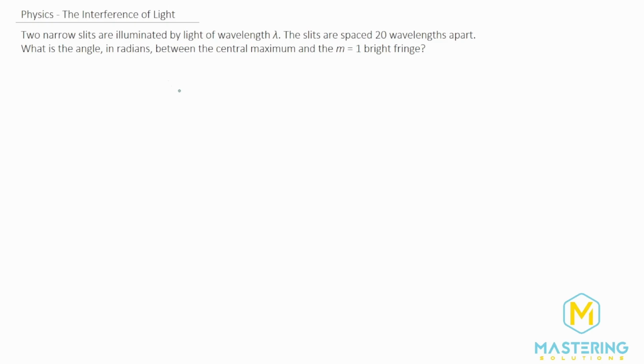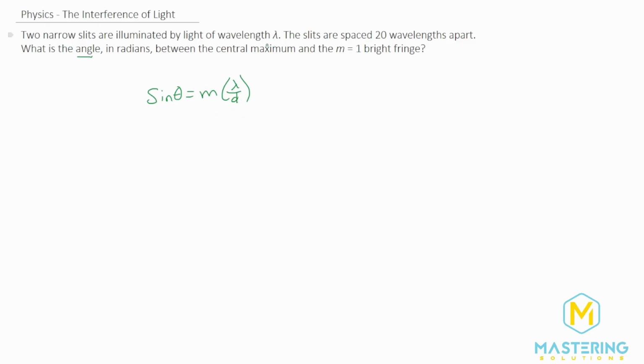This question, when you first read it, doesn't seem like it gives you a lot of information. So let's go through and write down what they do give us. In this question, they want to figure out what the angle is between the central maximum and this first maximum, of course. The equation is given to us in the book for exactly this. They say two narrow slits, so it's going to be a double slit equation. The equation given by the book is sine of the angle equals m times lambda over d. Really the whole point of this question is just to emphasize this equation.